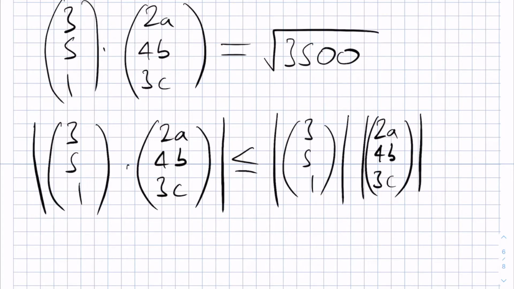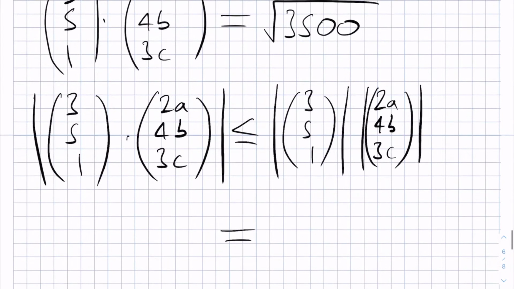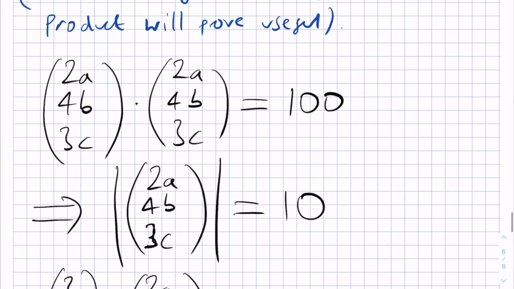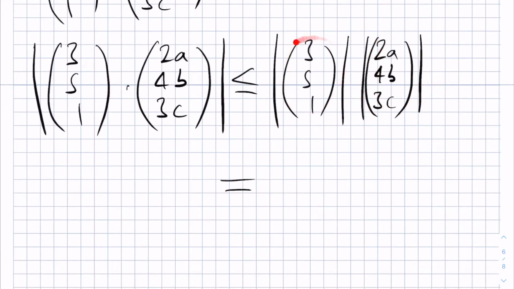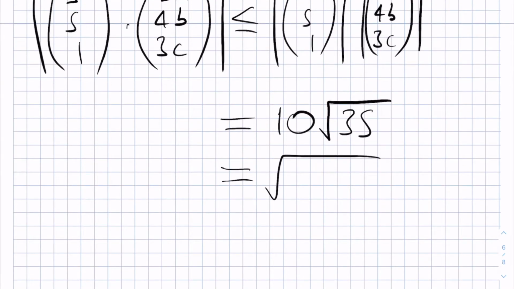We can then calculate the right-hand side of this inequality, because this here we know from our above equation is 10, and then this thing here is just numbers, so we can calculate it directly. This gives us the square root of 3 squared plus 5 squared plus 1 squared, which is 35. And this here gives us a 10,